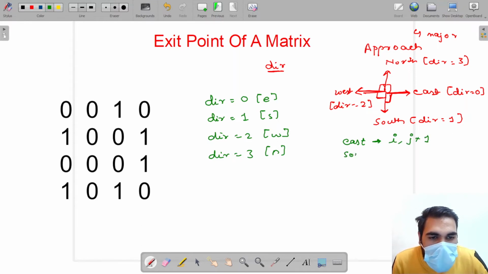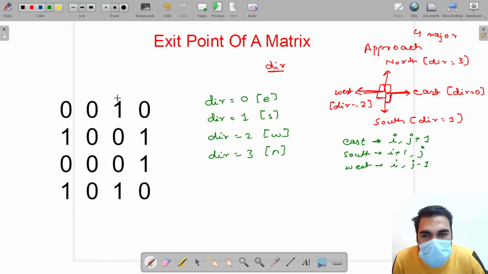In the south direction, your i is incremented by 1 and j is fixed in its position. Then in the west direction, i is fixed and j is decremented by 1. When you are moving in the west direction, your j is decreasing and your i is fixed.